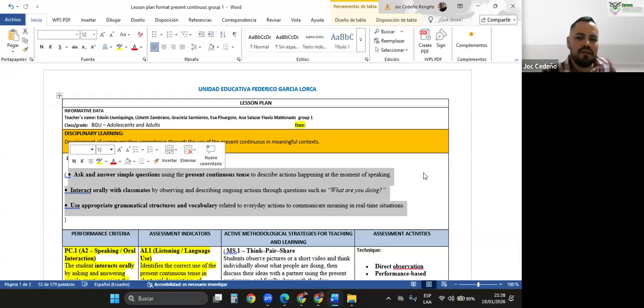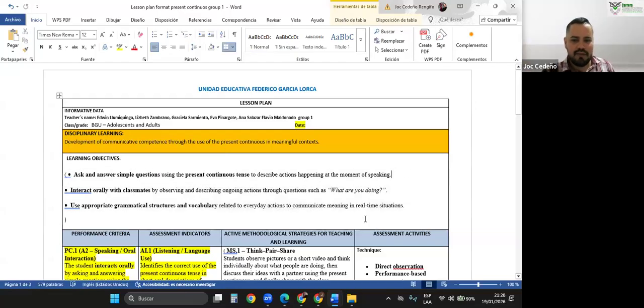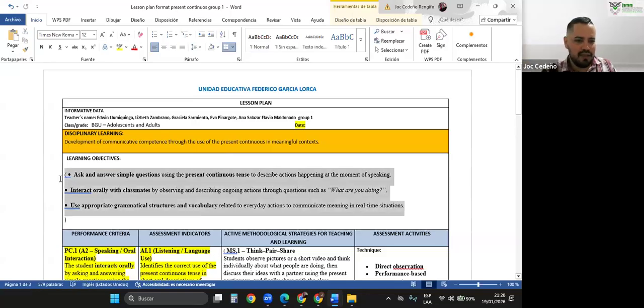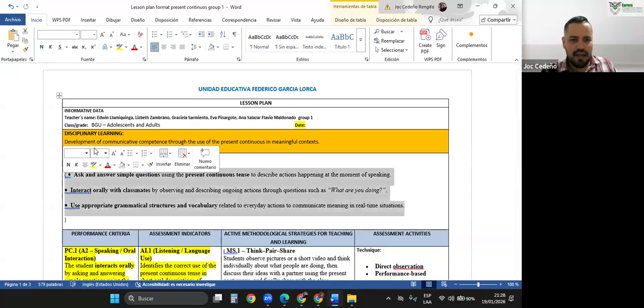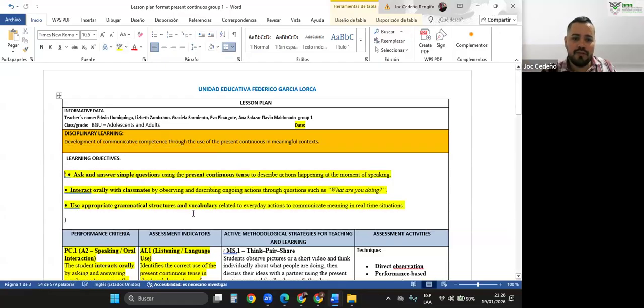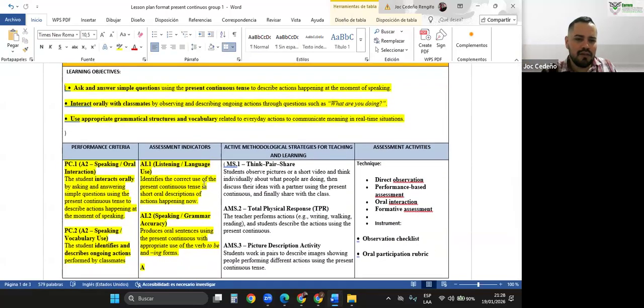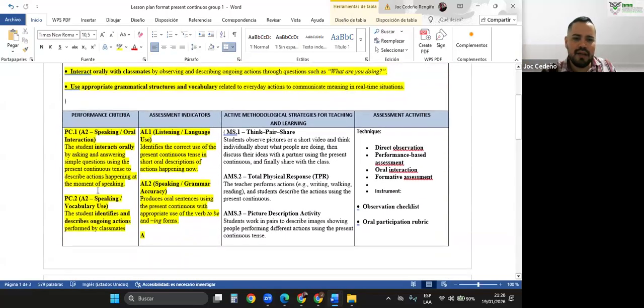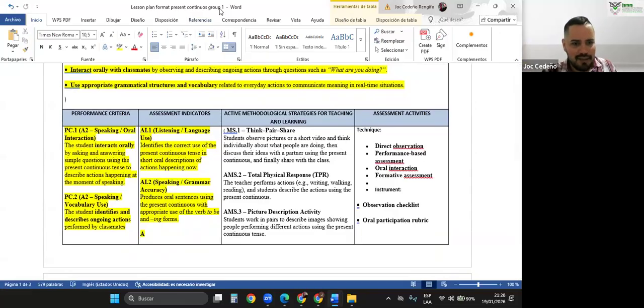Like they don't seem to be real learning objectives. So you need to be careful with this. A learning objective usually uses the Bloom's taxonomy. That's also used here. And also the performance criteria and assessment indicator is AI generated content because this is not